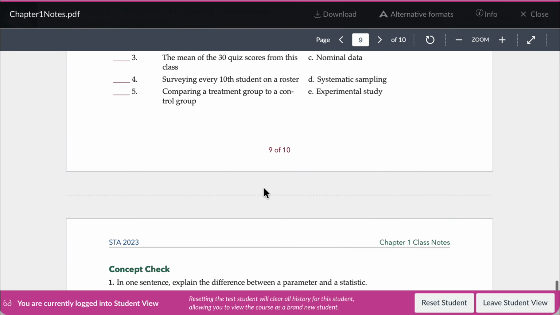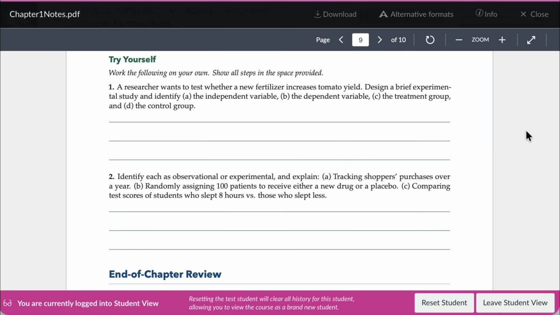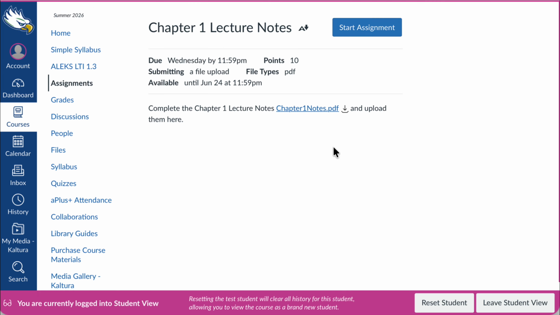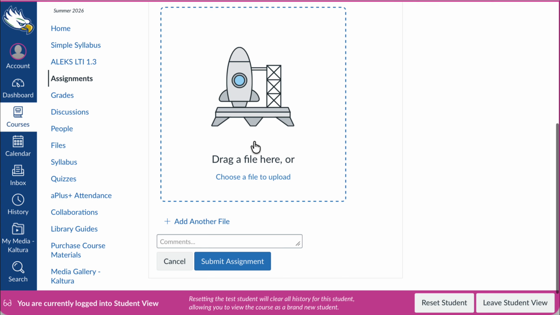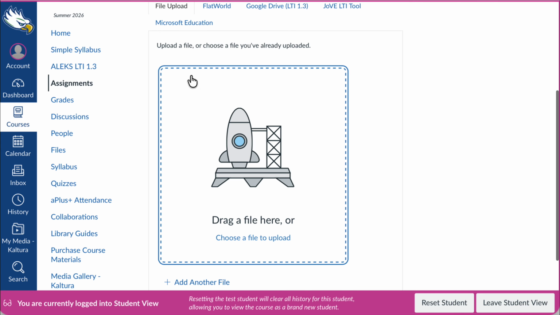As you watch the video and fill this in, at the end of every chapter, complete this, either print it out and fill it out using a pen and pencil, or if you have digital devices, notepads or iPads or a smart tablet, you can use them to fill it in as well. Then convert your filled-in completed copy to a PDF, click on start assignment, upload the file, and submit the assignment. That's very important. Don't forget that.